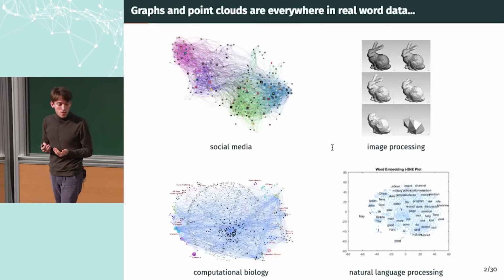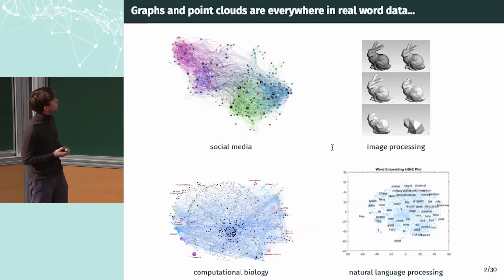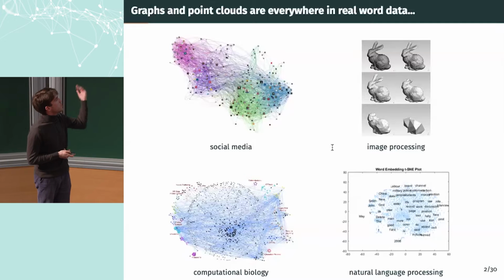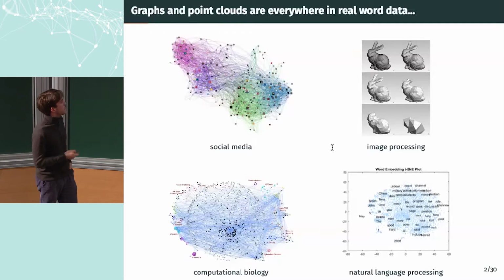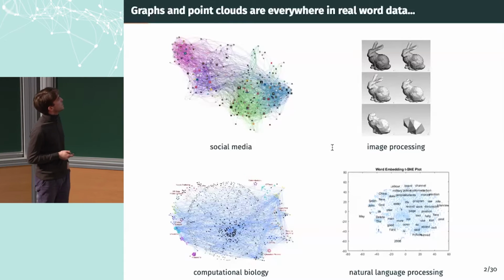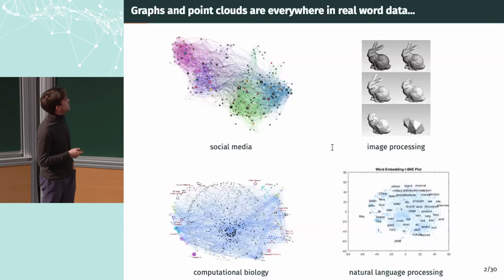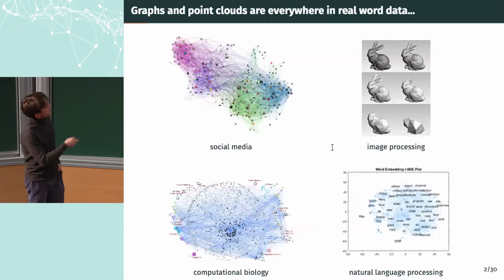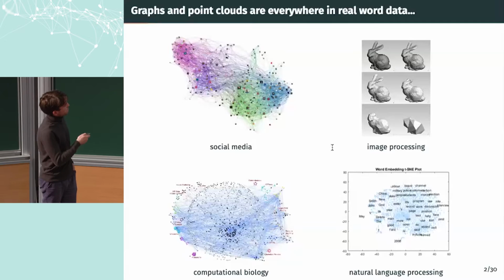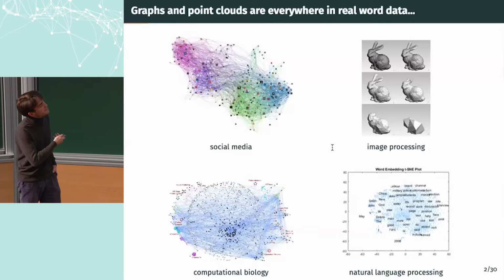And these edges can also be weighted. So you have several examples of fields where graph-shaped data appears: of course, social media, image processing, computational biology, and this last one is in natural language processing, and